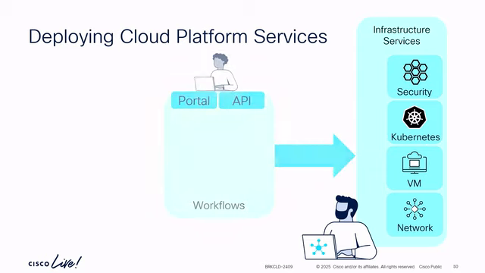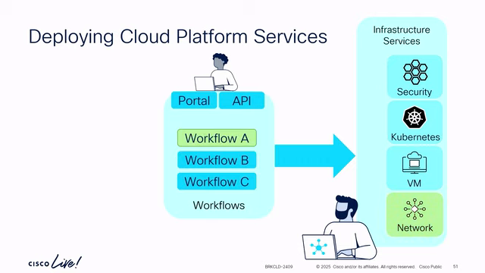Again, what are we trying to integrate here? It's basically this model of, hey, we have a service, we have a portal, we have an API to the end customer, and workflows there on top, talking to our systems. At the end of the day, workflows is just doing API calls, right? Every system we have down the road is going to have an API in some sort, so we can leverage that with workflows. Workflow A is going to talk to the network, for example, remember configure ACI, that's what's happening. Workflow B, deploying VMs and Kubernetes, I just did it. Workflow C, security, and this is expandable, obviously, that's the point.